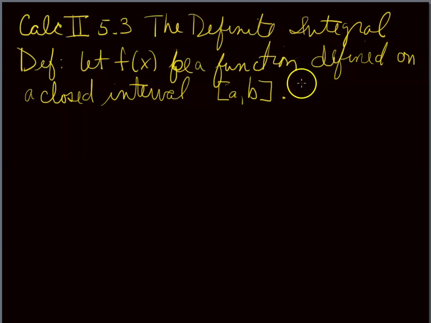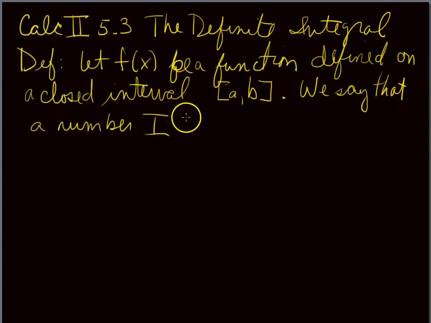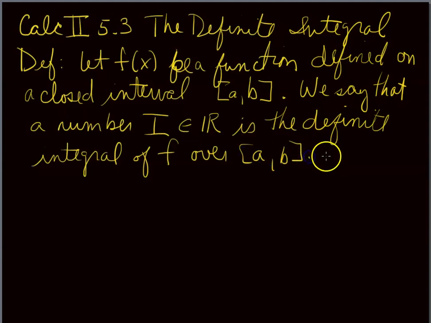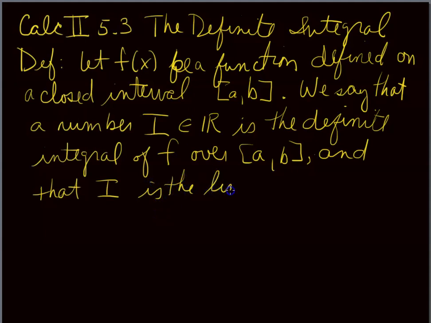We say that a number I, which I guess we should say is an element of the reals, is the definite integral of f over the closed interval from a to b, and that capital I is the limit of the Riemann sums